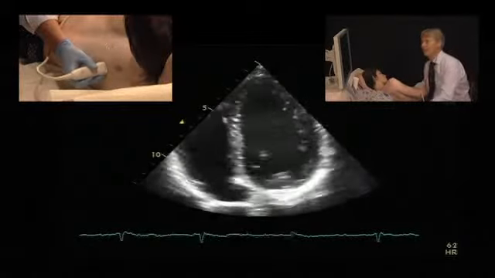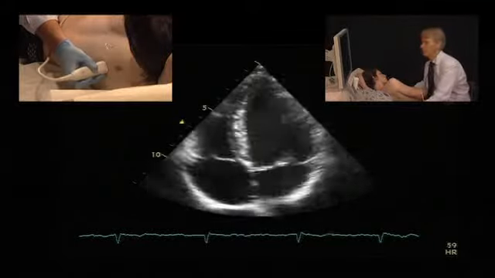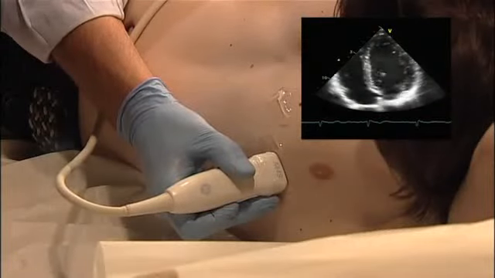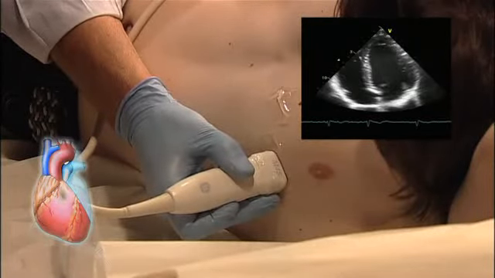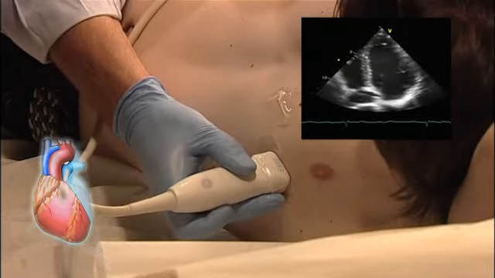Because when we rotate, we will be rotating around that middle. And if you do not put the left ventricle in the middle, you will be rotating around different structures and not the left ventricle. So now we have the ventricle in the middle, and now I will be rotating without changing the axis slowly